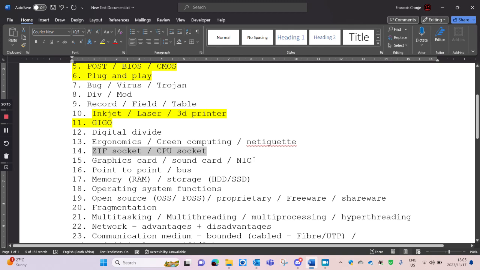Then the next two things we're going to look at. Firstly, the CPU itself gets placed into a ZIF socket or CPU socket. You can use either one of the two words. The ZIF socket is the more technical, nice word for it. The ZIF is for zero insertion force.